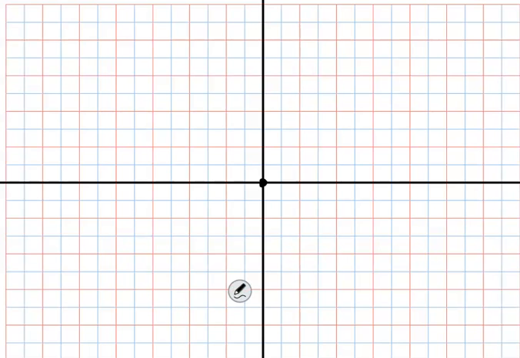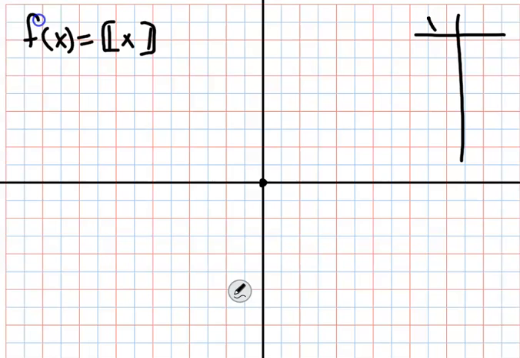All right, let's talk about step functions. Step functions, which are written this way, are sometimes referred to as a greatest integer function. And the reason for that is because what we're looking for is the greatest integer value at that point. So if we were to make a table of values,